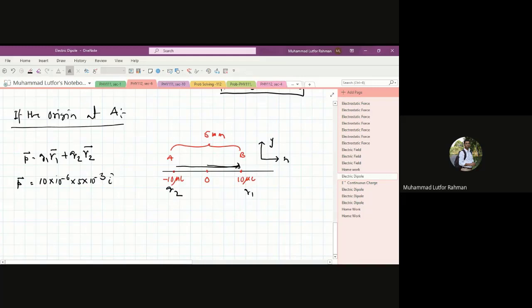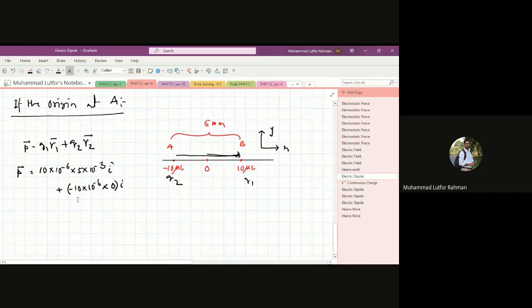This is Q1, plus minus 10 into 10 to the power minus 6, into the distance from that point to the location of Q2, which is basically 0, right? So that's why, and you can write down the unit vector, and from this it is at the origin. So this would again be 5 into 10 to the power minus 8 coulomb meter I hat. So towards the positive